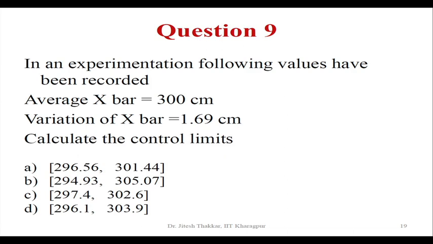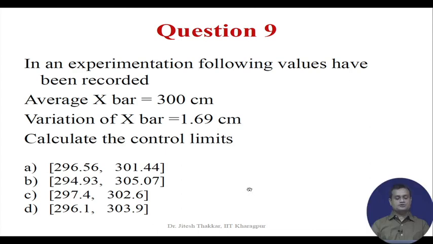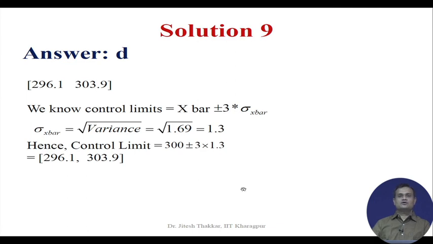Question 9. In an experimentation, following values are recorded. So, average x bar is 300 centimeter, variation of x bar is 1.69 centimeter and you can calculate control limit. So, what is the right control limit? You have A, B, C and D options on the screen. So, you can compute it easily, x bar plus or minus 3 sigma x bar. You are given the variance, so your sigma x bar is 1.3 and the correct control limits are 296.1 and